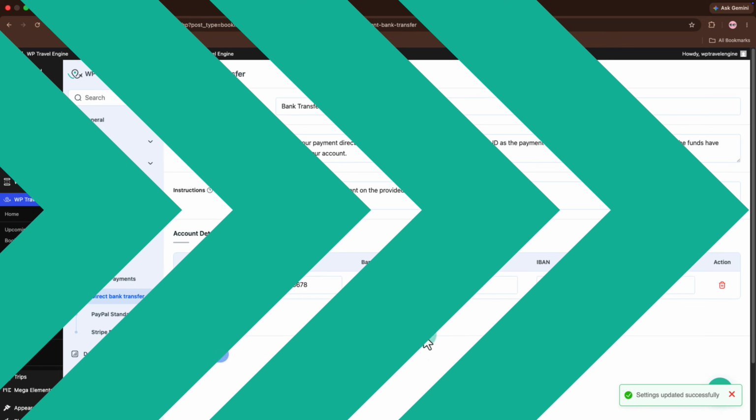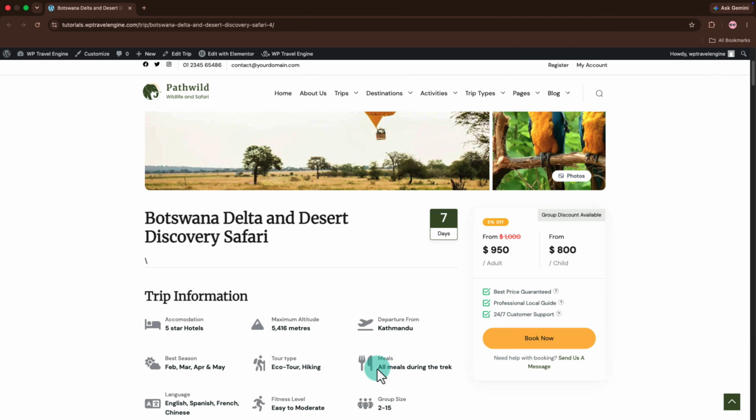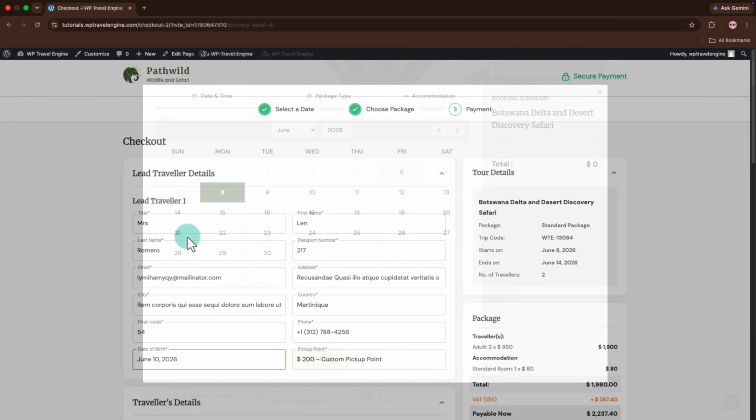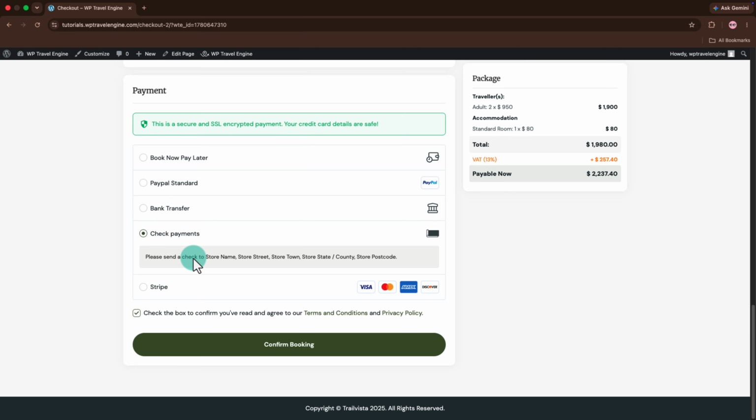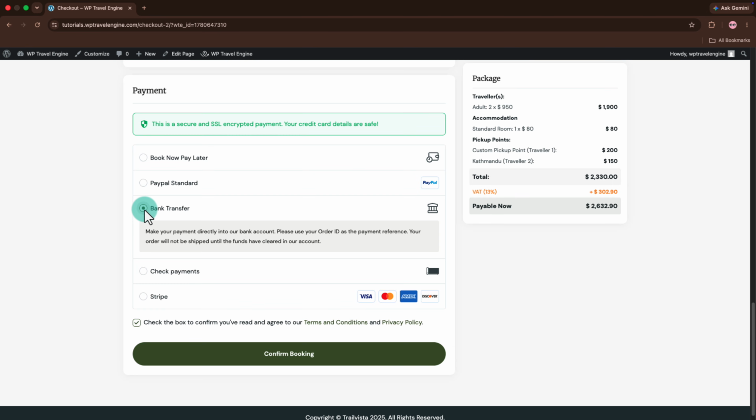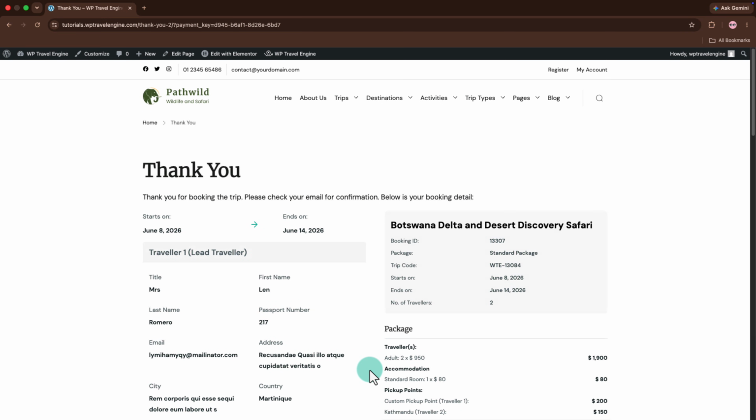Now let's see how this looks for your travelers. Open any trip and click Book Now. On the checkout page, bank transfer appears as one of the selectable payment options. When a traveler selects it, the description text you wrote appears right underneath, reminding them to use their booking ID as the payment reference. Once they check the terms and click Confirm Booking, they land on a thank you page